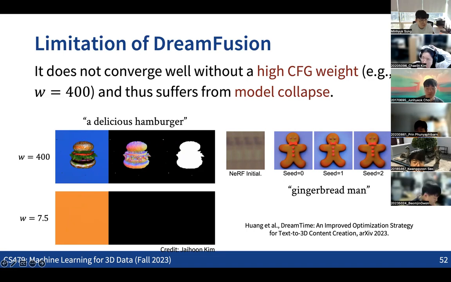To get some results, we typically need to use a very high weight for the classifier-free guidance, which gives mode collapse results. But that also means we cannot get much diversity in most cases. So if you play with the code, you can see how much these parameters affect the final outputs.